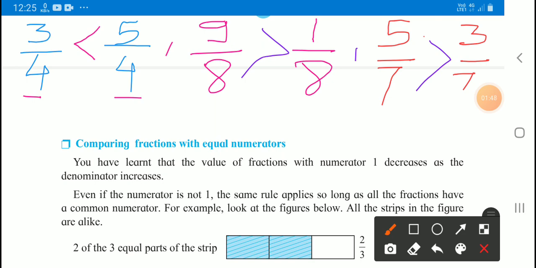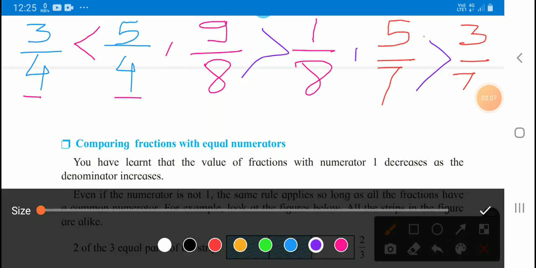Okay. This method you have to apply for like fractions. Why? Because in like fractions, the denominator is equal. So you have to just compare the numerators. Okay. Now we'll see how to compare the fractions with equal